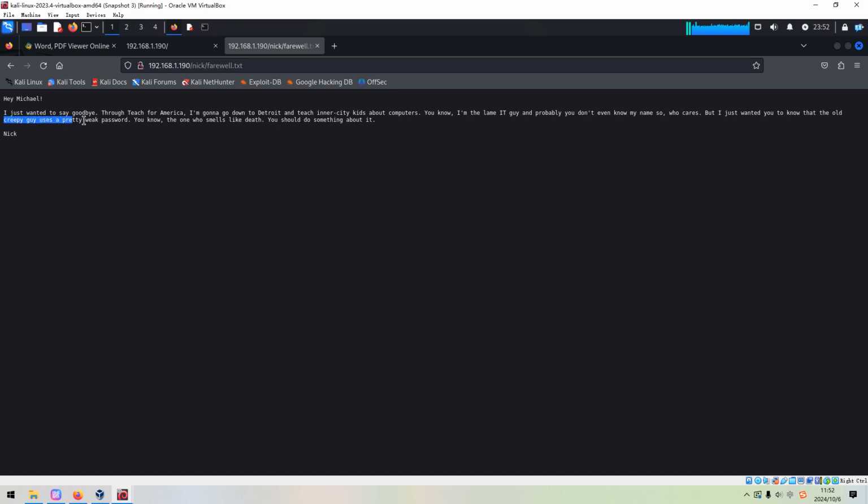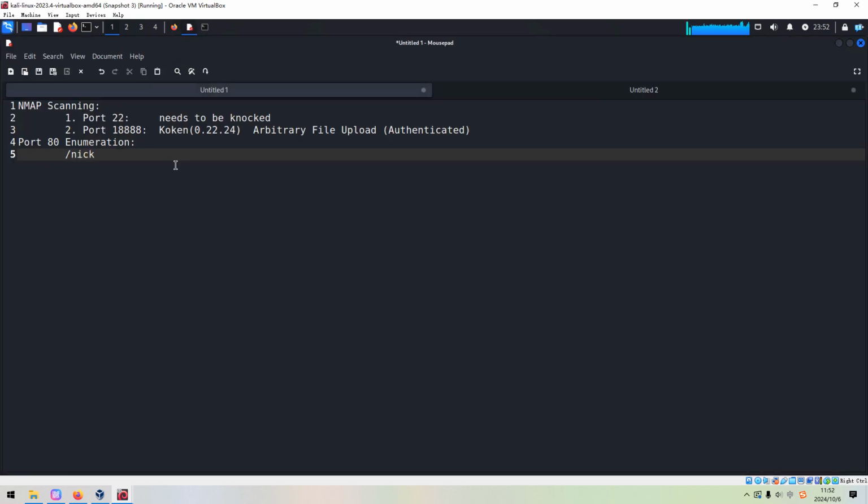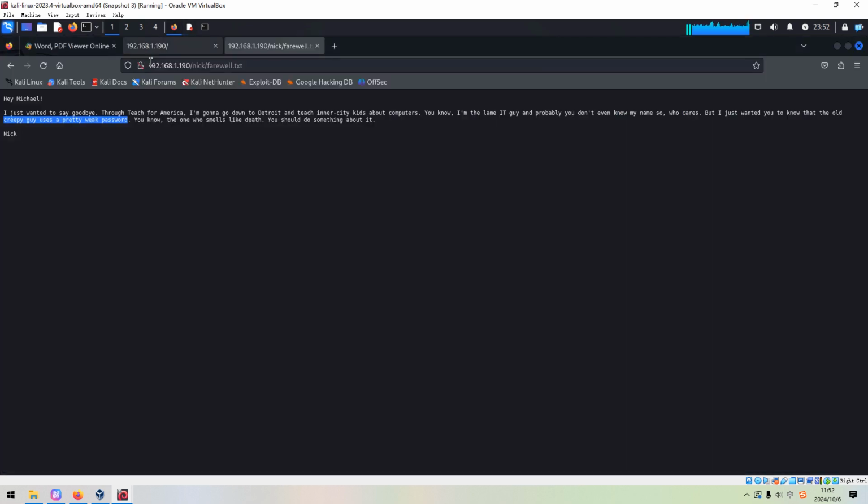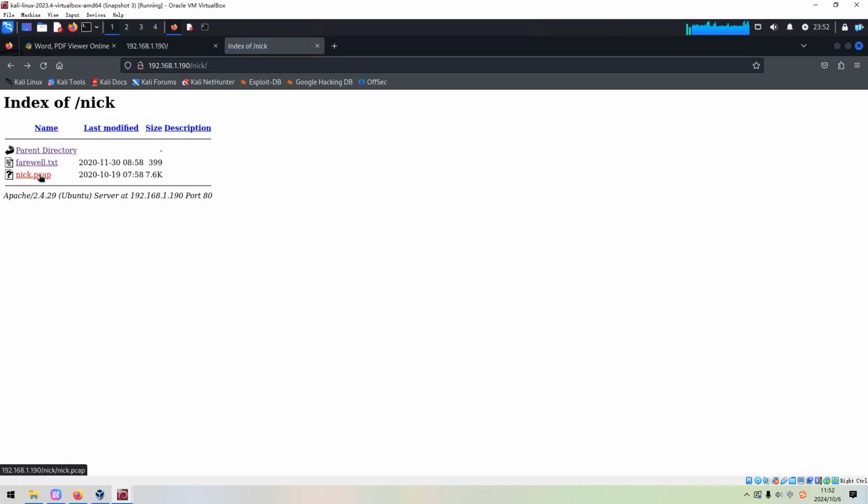I think this should be a hint left by the author. And the name is fireware.txt. Okay. And how about the second file, the pickup file we can download?